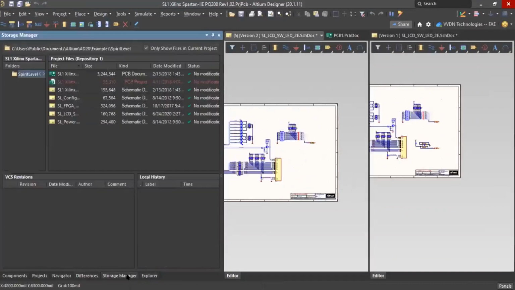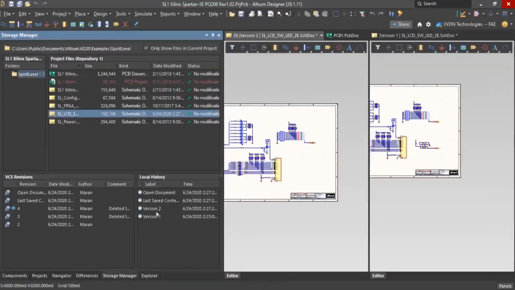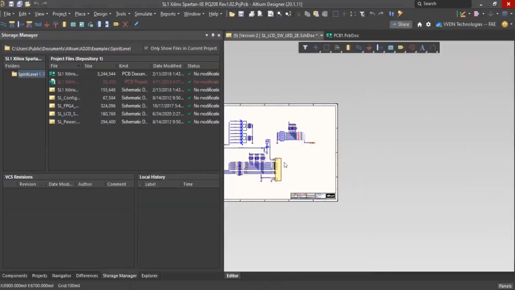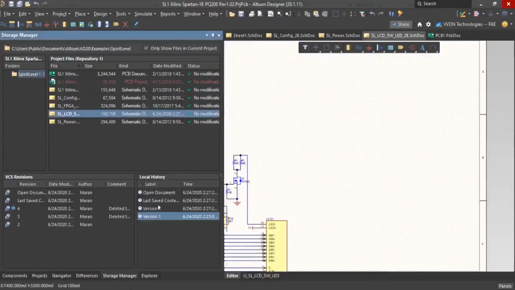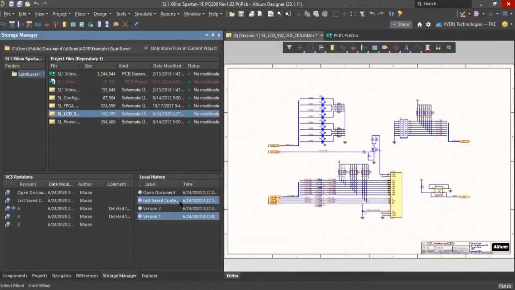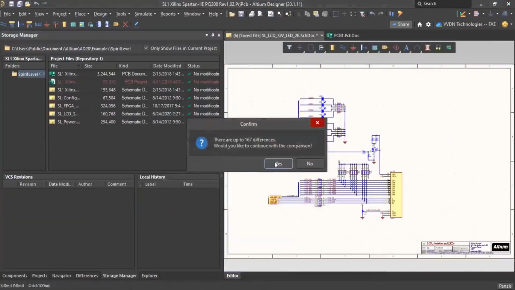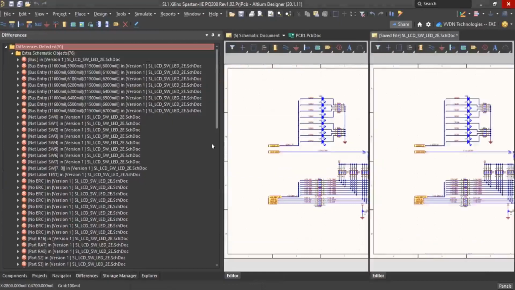Maybe I'm taking the wrong file, or version 1 and okay.